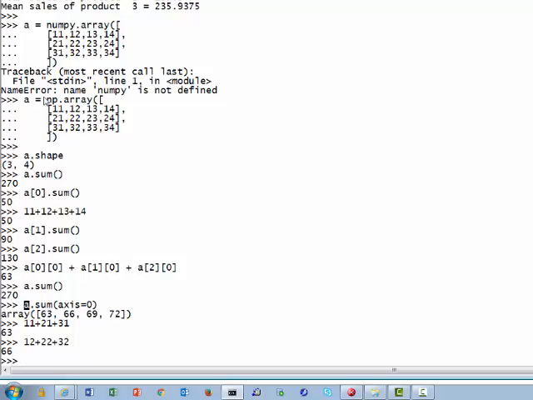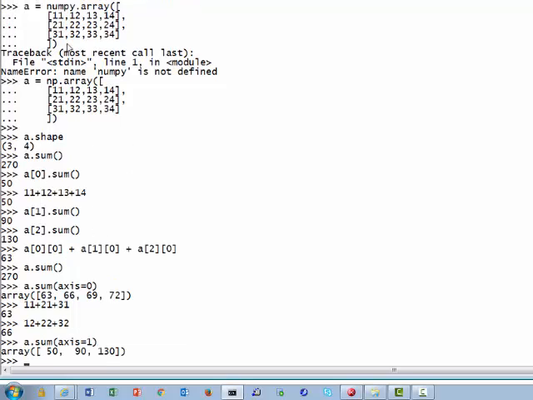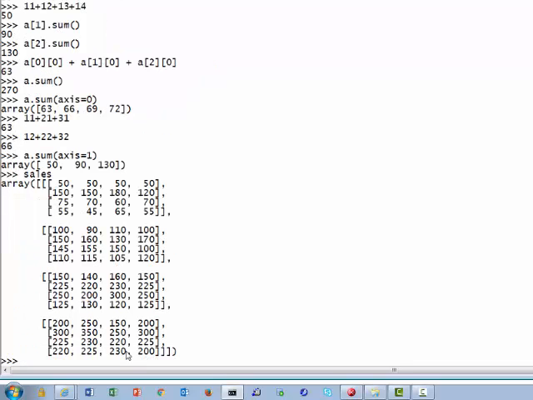What if I want the sum of these numbers across the rows? No worries. I simply have to say axis equal to 1. That gives me these numbers. Add this up, 50, add this up, 90, add this 4 up, you get 130 right here. Similarly, in a multi-dimensional array, let's go by a 3-dimensional array, it becomes